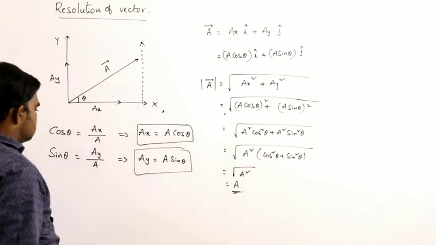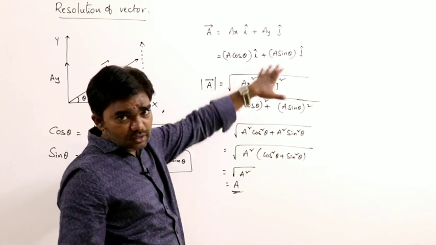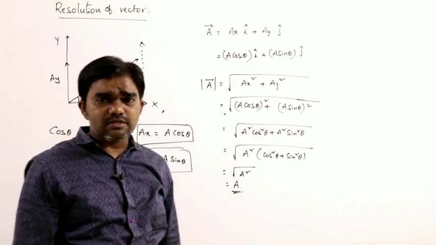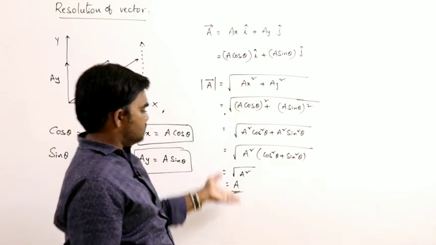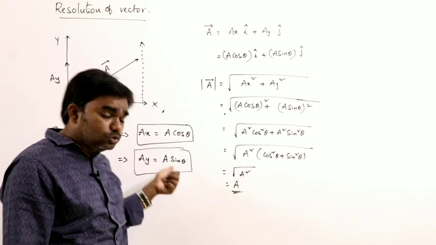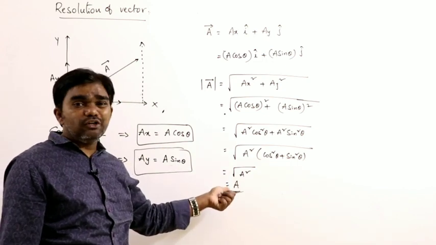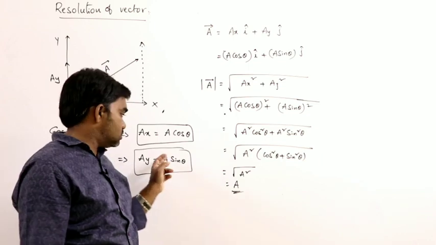That is why A cos theta and sin theta like this. This is the vector form. Generally, vector representation is A bar equals AX i plus AY j. So, general representation is like this. That means the vector can be divided into two components, but the vector magnitude does not change.